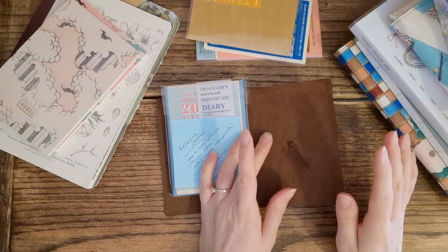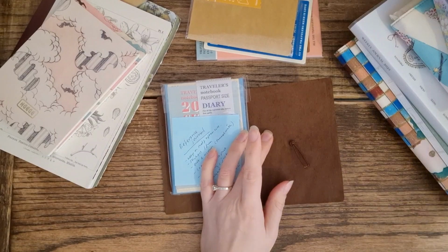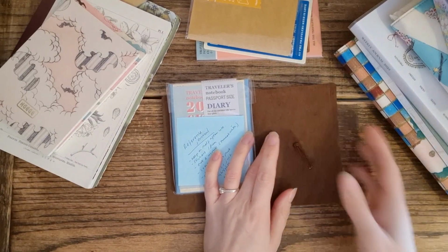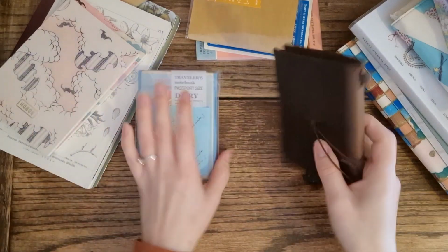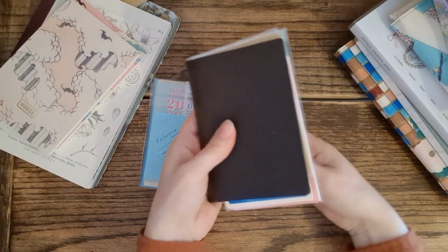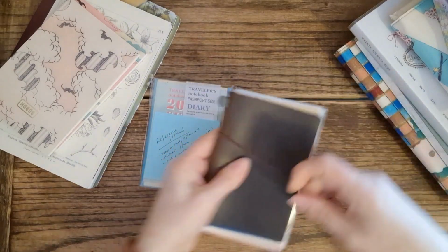I have got a sticker release book in passport size, but I wanted to start fresh for 2025, as you do. And so let me explain how I'm using this. I am using this